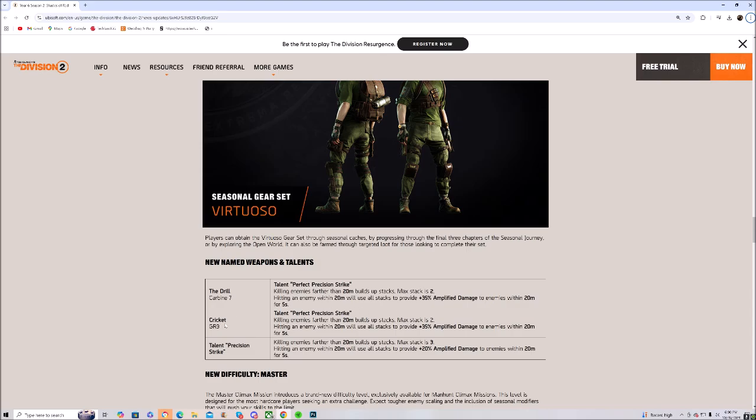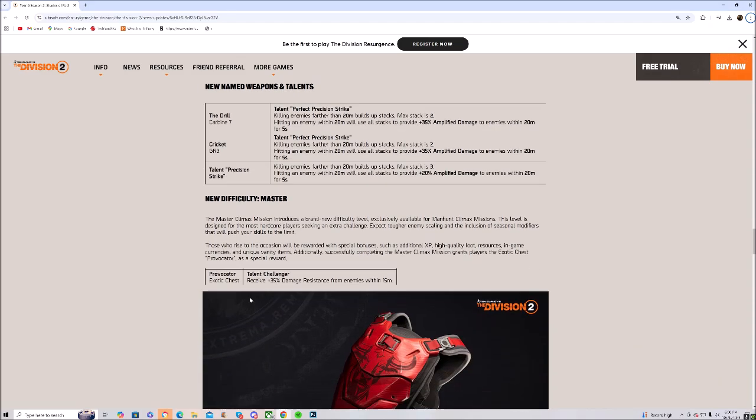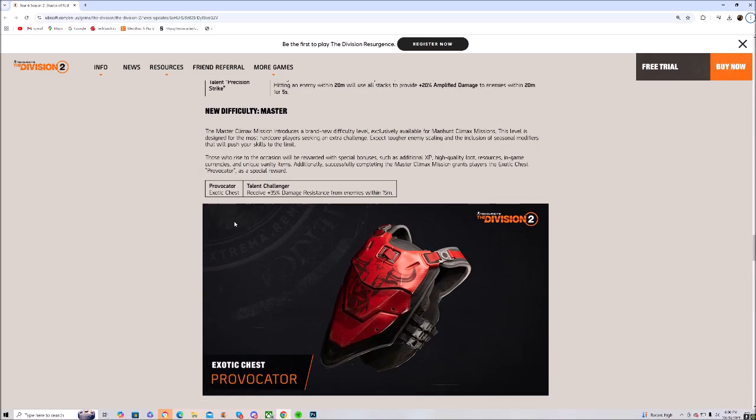New difficulty: Master. The Master Climax mission introduces a brand new difficulty level, exclusively available at the Manhunt's Climax mission. This level is designed for the most hardcore players seeking an extra challenge. Expect tougher enemy scaling and the inclusion of seasonal modifiers that will push your skills to the limit. Players will occasionally be rewarded with special bonuses such as additional XP, high-quality loot, resources, in-game currencies, and unique